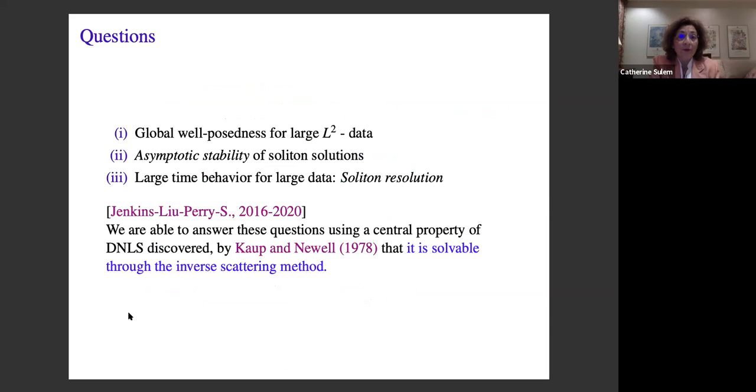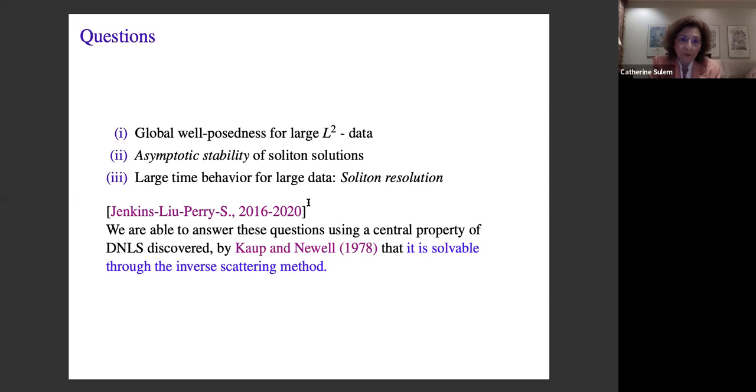Yes, so what are the questions? From this basic property, one would like to ask the question, does global well-posedness hold for large L2 data, or may singularities occur? How do these soliton solutions behave? In particular, are they asymptotically stable? And in reference to this soliton resolution, and what happens for generic initial condition, how does this soliton resolution, which means the separation into a finite number of solitons as t goes to infinity,